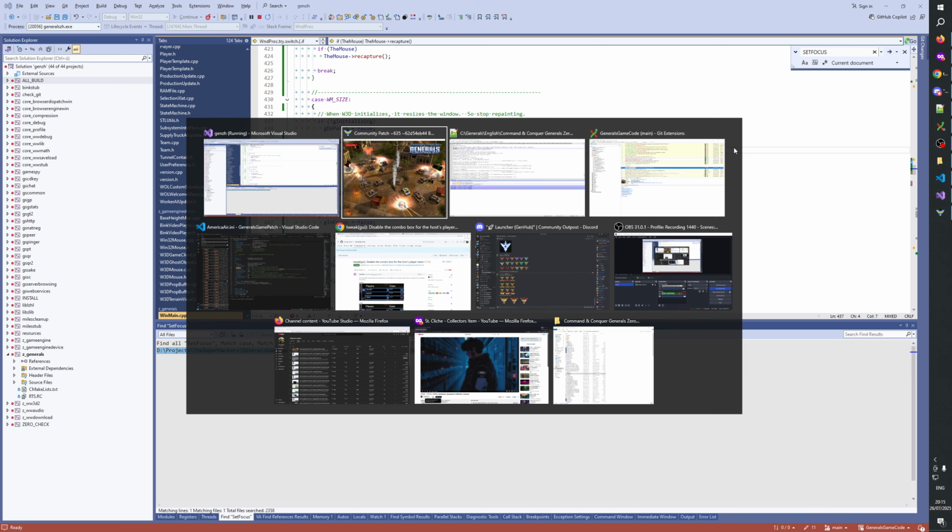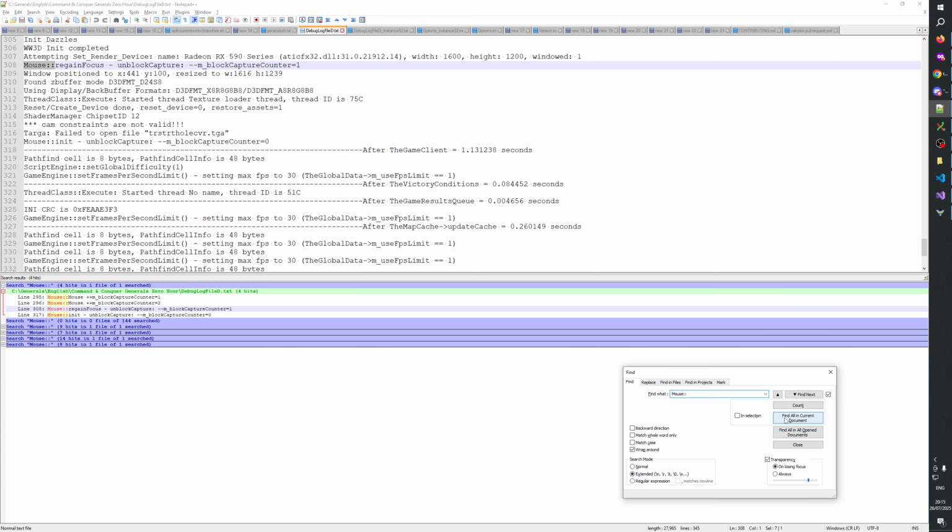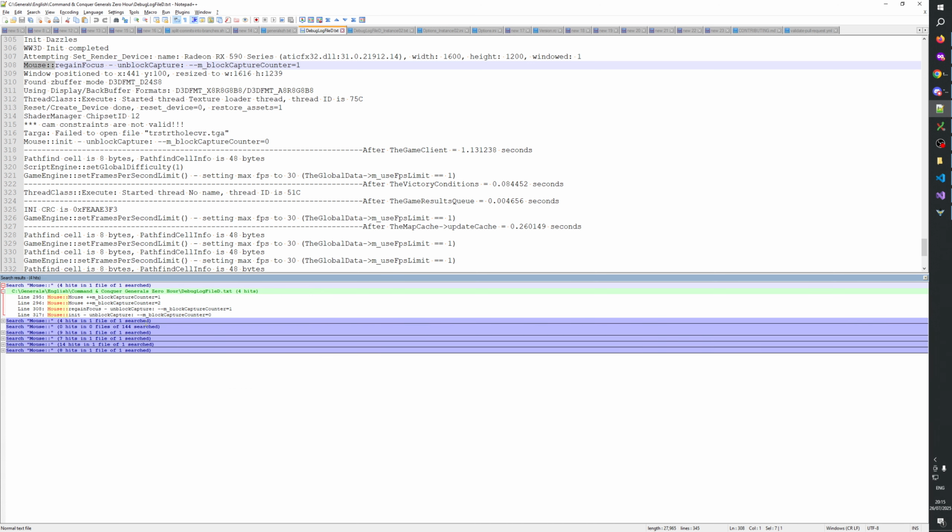Okay, so that didn't work, because we somehow regain focus before we call init, but we don't lose focus before we init. Huh.